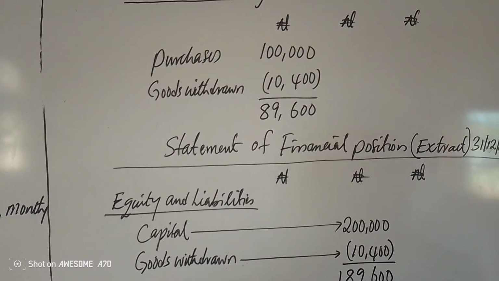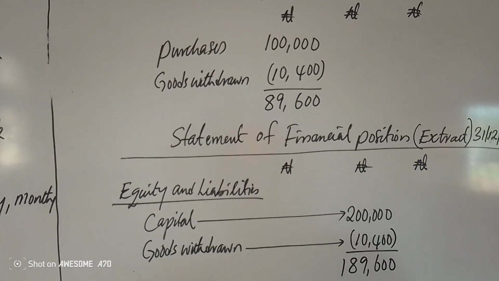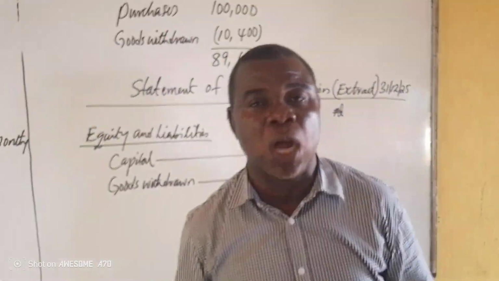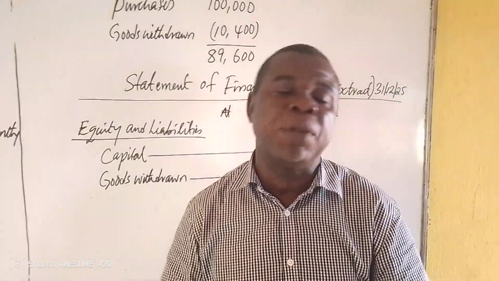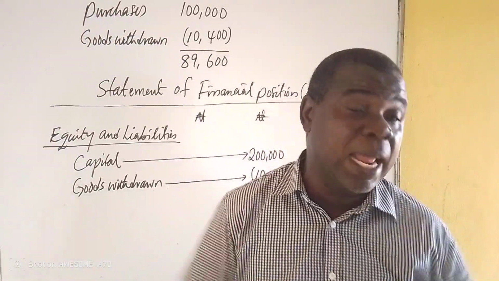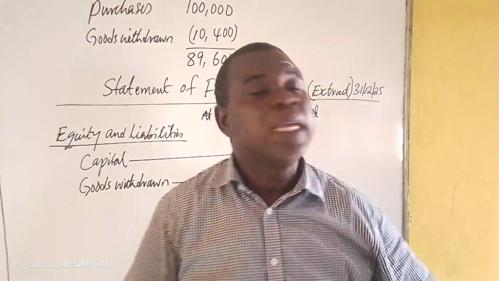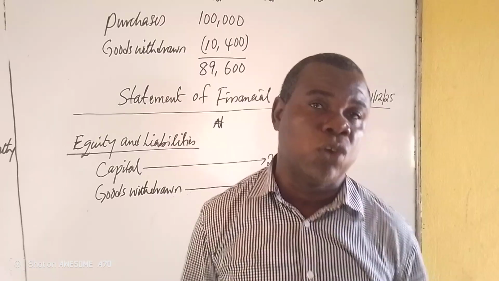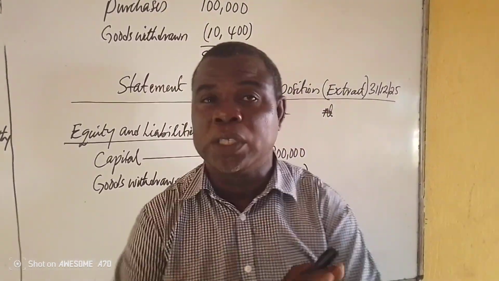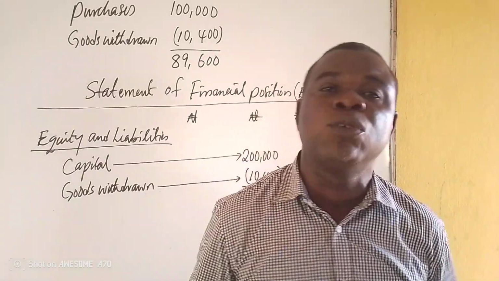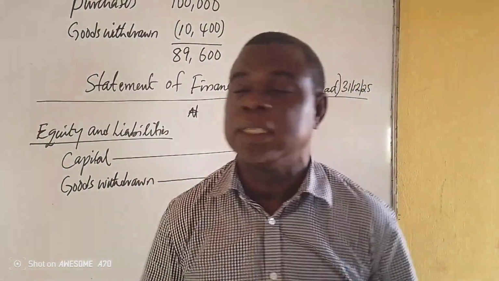Drawing, anytime you see a given question or you see the word drawings, they are not referring to it as goods withdrawn. If it's goods withdrawn, the examiner of the question must make it clear that it is goods withdrawn. But if you just see the word drawings, just assume that it is cash drawing. And mind you, cash drawing is not deducted from purchases. It is only goods withdrawn for personal use that is deducted from purchases. But coming